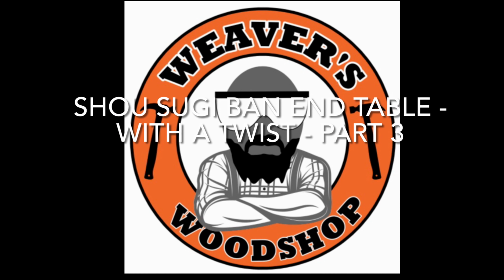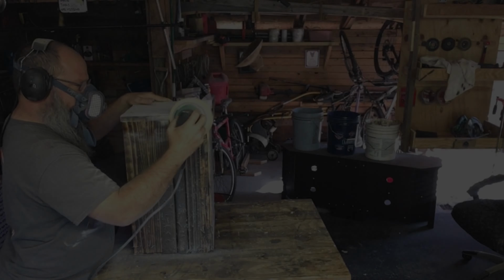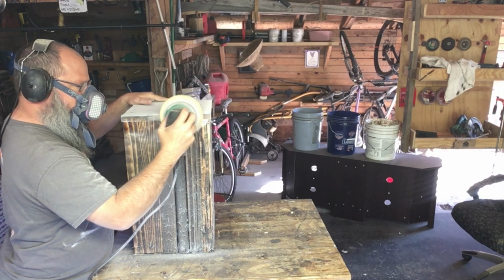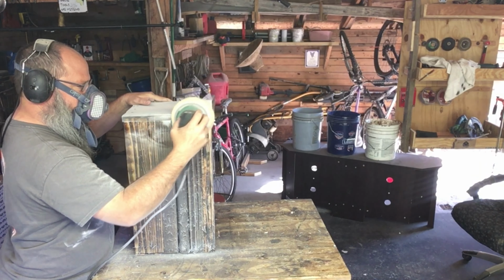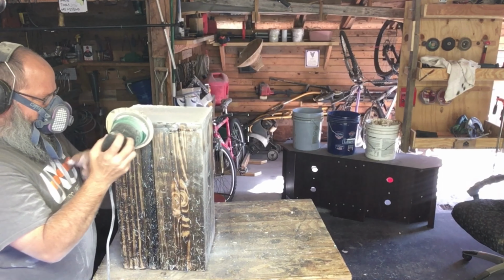All right, folks, welcome back to Weaver's Wood Shop and to part 3 of the Shou Sugi Ban end table with a twist. And again, by now you know that the twist is the Cuban Mahogany inlay and the epoxy poured over the top. And what I've done now is I've already trimmed up the epoxy,